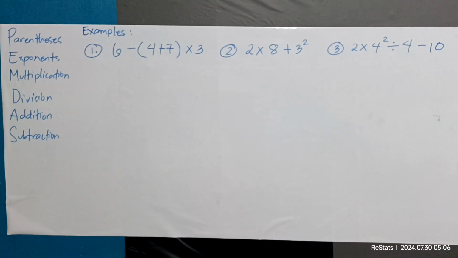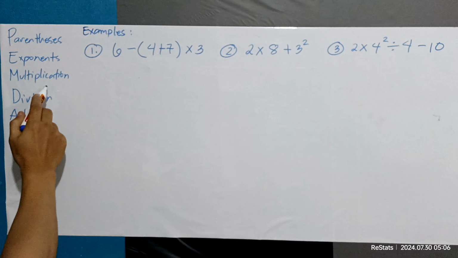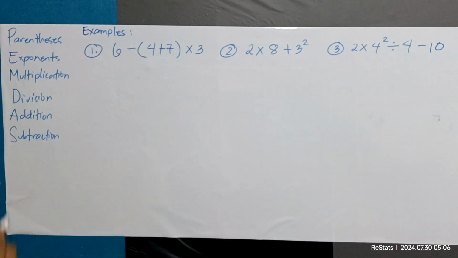Let us have a review about the order of operations using the PEMDAS rule. The order of operations gives us the concept of what to do first if there are multiple operations in our given. We have addition, subtraction, multiplication, and division. And of course, there are grouping symbols. In this case, the PEMDAS rule gives us the parentheses, exponents, multiplication or division, addition, and subtraction.